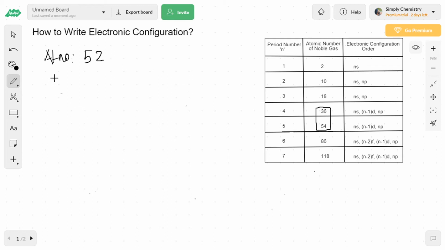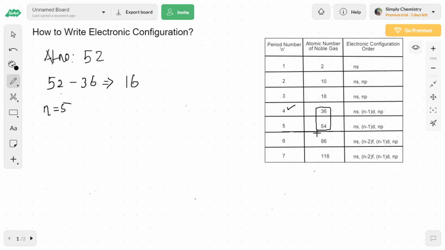So we are going to subtract 52 minus 36, which will be equal to 16. So next step is to find out the n value. We know that 36 belongs to the period 4, hence the element should belong to the period 5. So n equals 5 in this case.